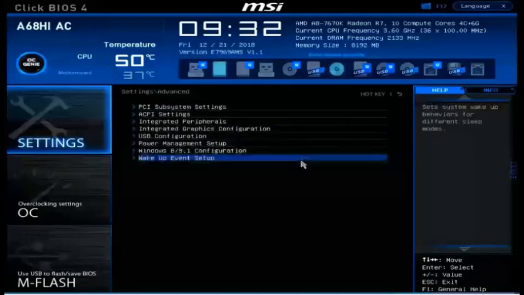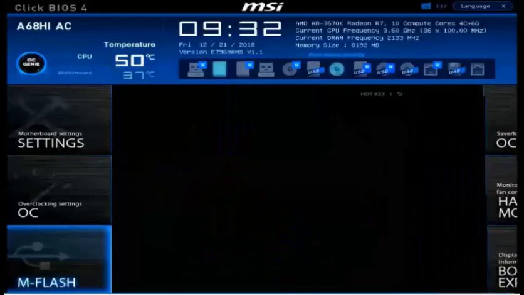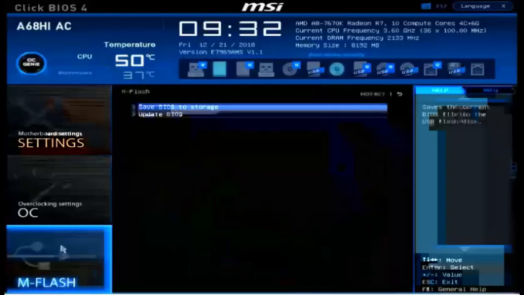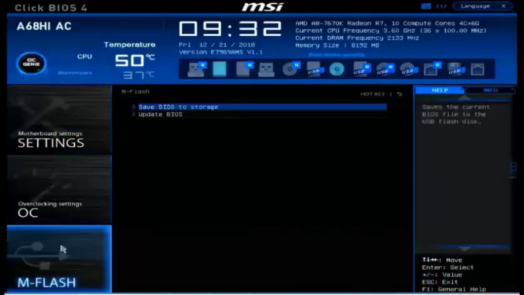We will have the ability to save our current BIOS to a USB flash drive that's plugged in. This will allow us to restore it at a later date. We also have the ability to update the BIOS using this tool. So for example, I can click Save BIOS to Storage. And there is my disk, which I can click on. Leave the default. And it's saving it to my